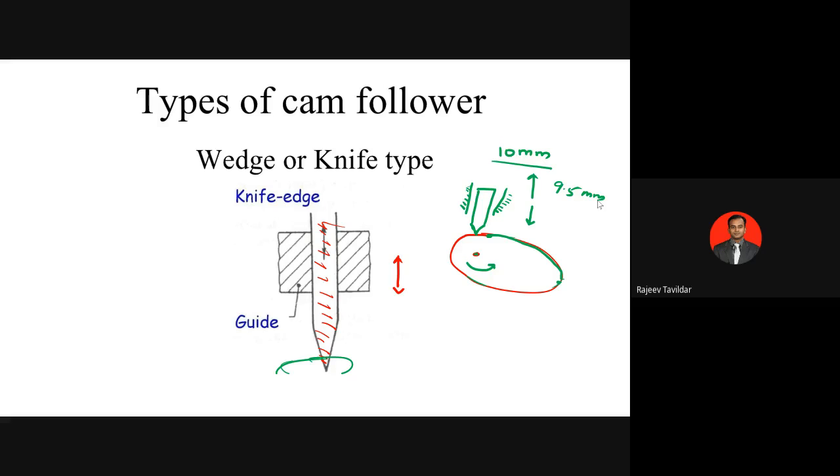Now, if the application needs precision movements, then such a type of follower cannot be used here because within no time the required lift will not be achieved, and gradually it will keep decreasing the maximum lift and it will not serve any purpose. So wherever high precision movement is not required, at that time you can go for the knife edge follower. Now to avoid this difficulty, that is the wearing out of the tip of the follower,